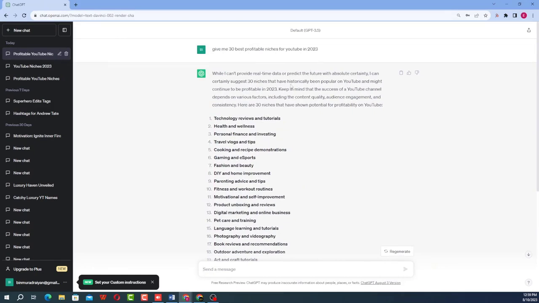But as you can see, it says that up till 2023 it can't give accurate data, but still the niches that are provided for us are still popular up till now. So it's not a big difference, but you can choose any of the niches from above. For example, there are technology, health and wellness, personal finance, etc. Since everybody always wants to be in good shape, I'm going to choose health and fitness.